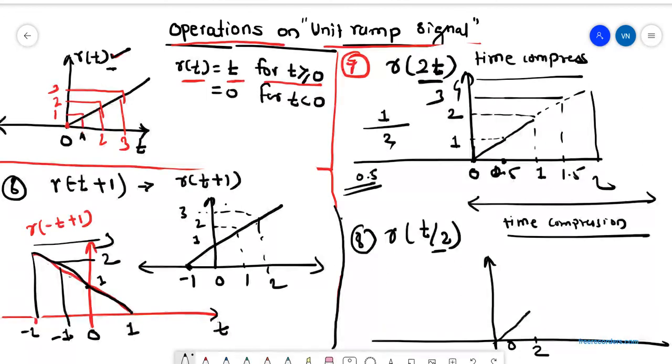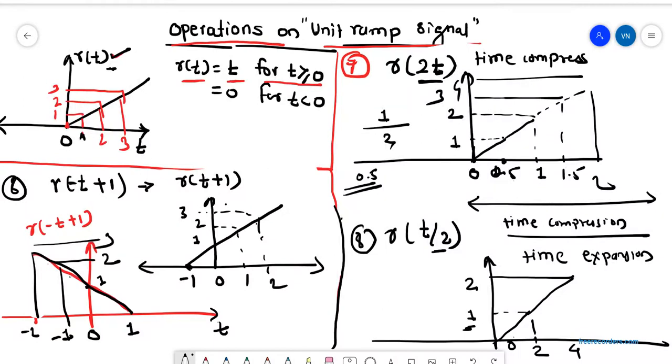So initially whatever the amplitude for 1, that same amplitude I will get for the 2. Means for the 2 having the amplitude 1, and again the same. For example, 4 having the amplitude 2. Okay, so the same procedure goes on increasing. So basically what is happening here is time expansion. Whatever value I was getting for 1, here I am getting for t equal to 2. Like this the value will be changed one by one.